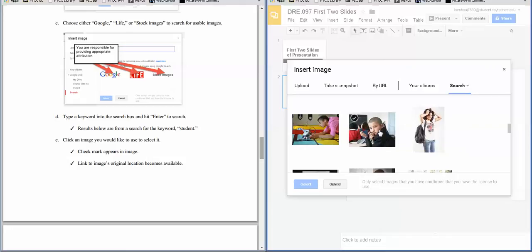So I'll click it, and when I do, a blue border will appear and a blue check mark, and a link appears down here, and I'll show you that again. If I click it again, you see the link goes away, and when I select it, the link appears. This is the link to the location where Google has found this image. And this location is where we will learn our permissions for how we can use the image. So I'll click the link,